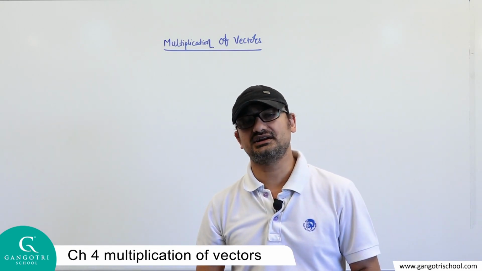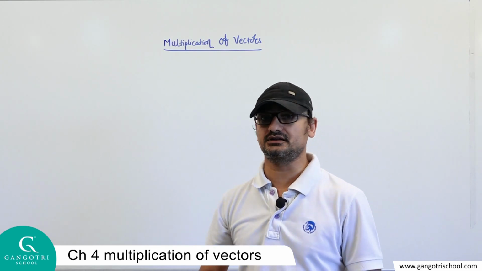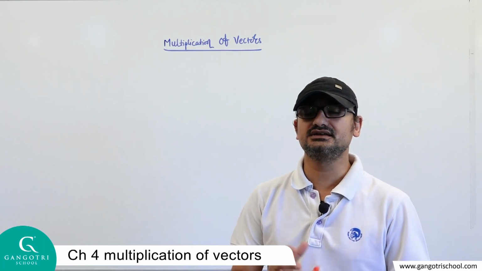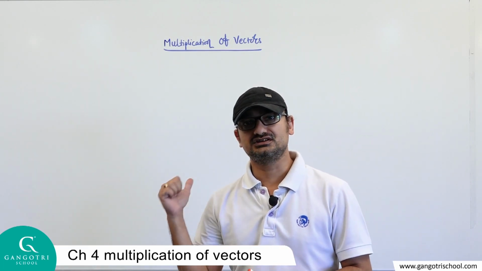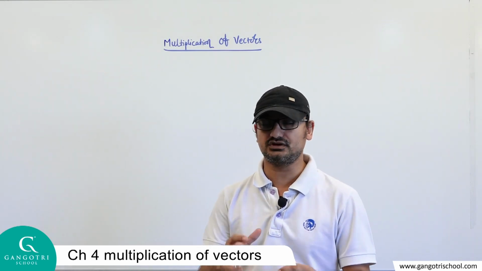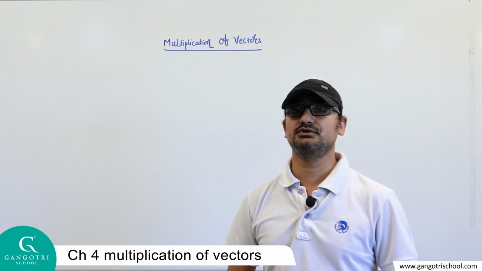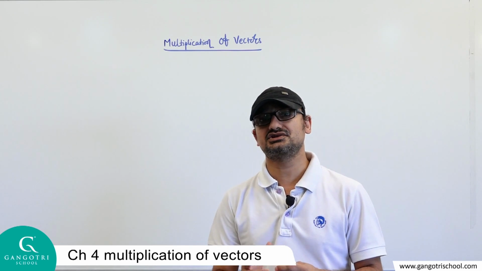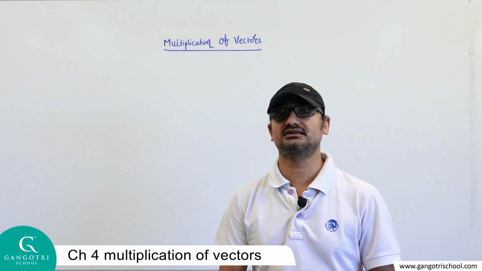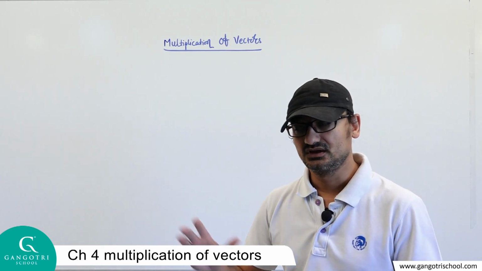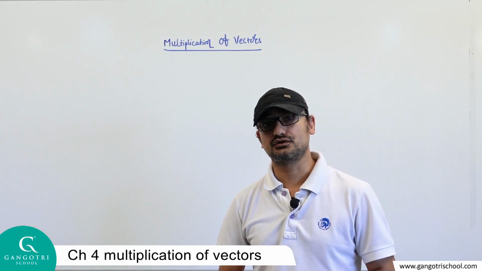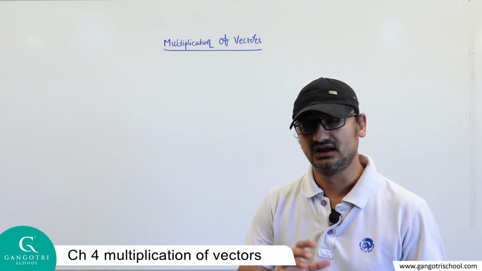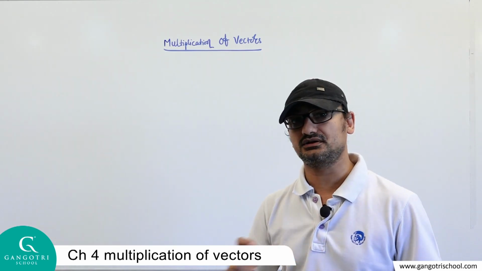But in our NCERT textbook, this topic, multiplication of vector, is not very well explained. So let's understand this topic in a very detailed way. This topic will help you in chapter number 6 also and in this chapter also. So let's start the topic, multiplication of vectors. We already studied the addition and subtraction of vectors using two methods, triangle method and parallelogram method. This is the new topic, multiplication of vector. First of all, I'll give you brief information about the multiplication of vector. After that, we start to understand this topic in a detailed way.